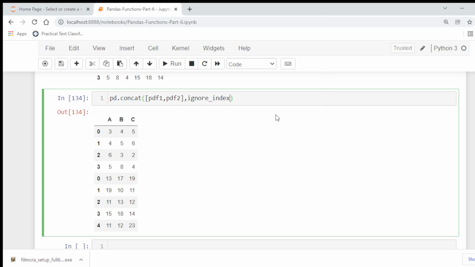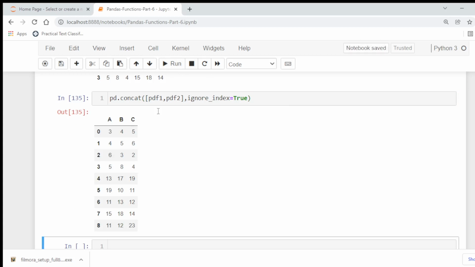By default it is false, so we set it to true. So it will ignore the index of every data set and regenerate from 0 to n minus 1. So in this way we can generate an index number for the entire concatenated output.